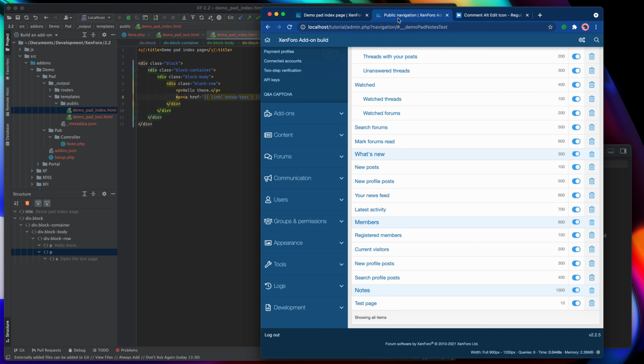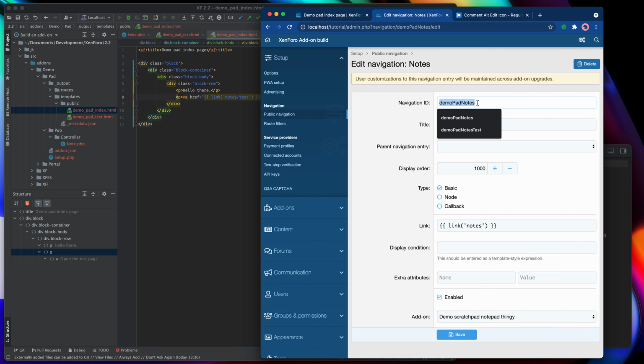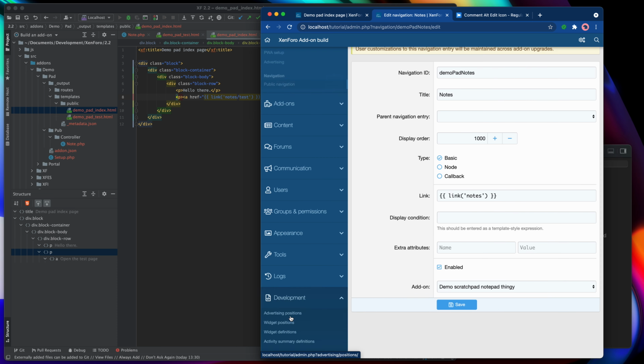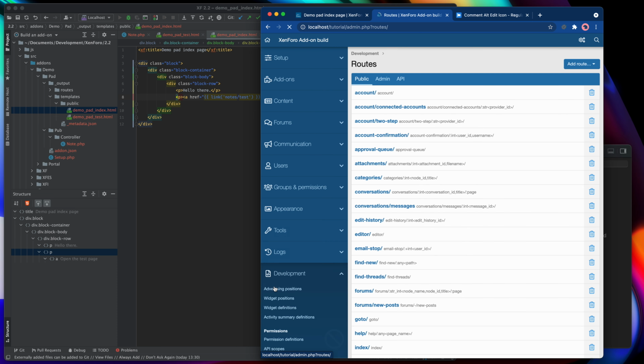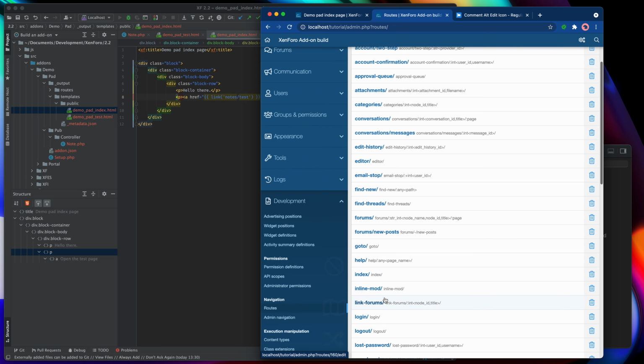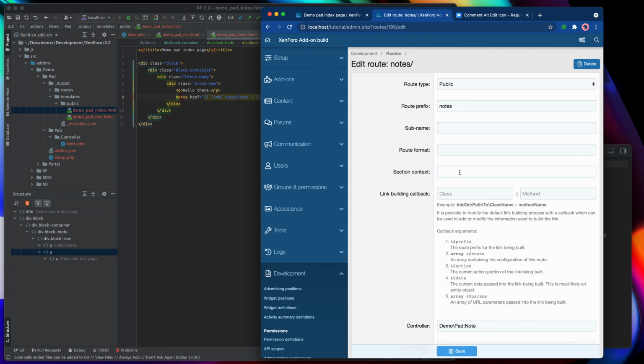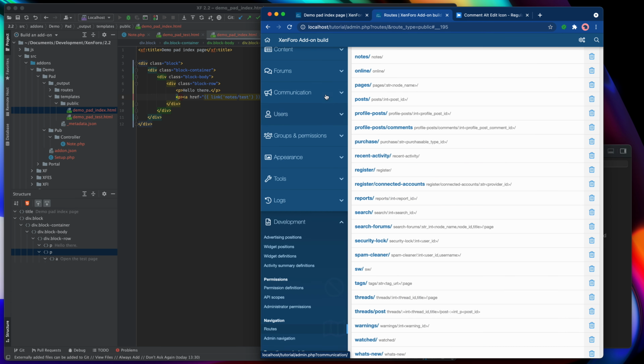So what I want to do is say that I want the section context for the notes root to be this demo pad notes navigation item. So we'll copy that, come down into development, go to roots and find my notes root, and in section context I will paste that in there and hit save, and that's all there is to it.